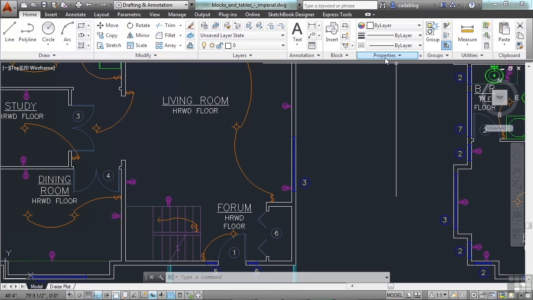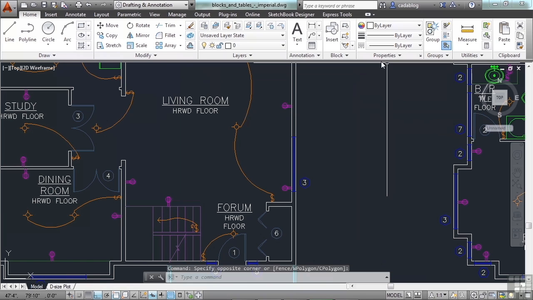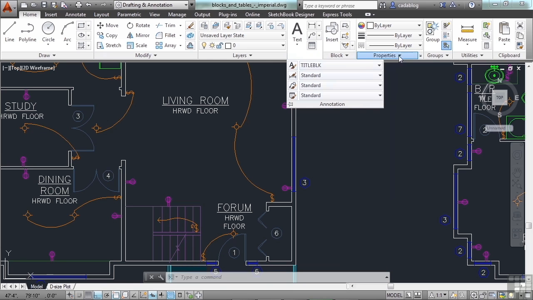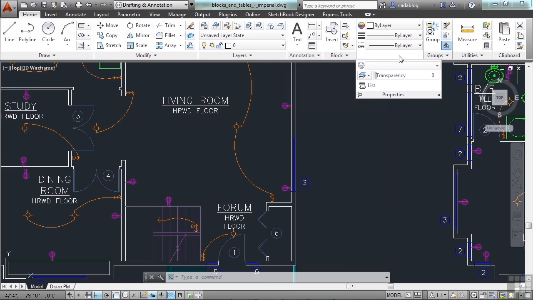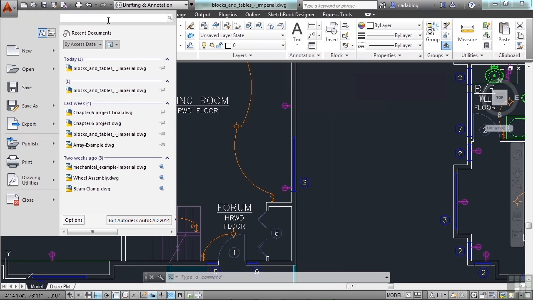It's right over here. It's kind of hidden, so you have to find it. But just remember, in the ribbon on any of the panels that have this little arrow right in the middle here, it means there's more commands to it, more options for you to look at and to see. So if you can't find something, you can pull those down, or remember to type in the command in the